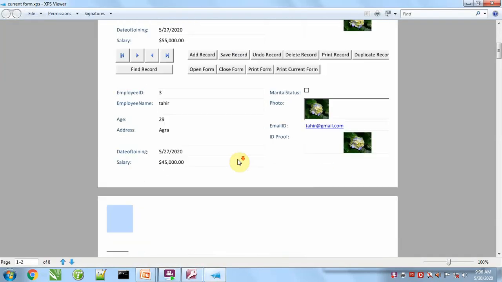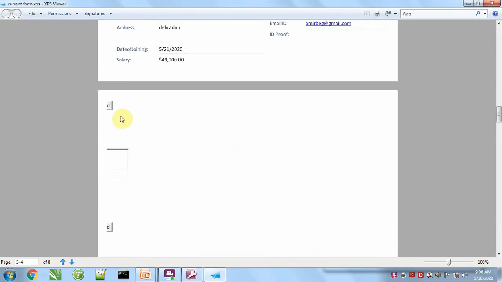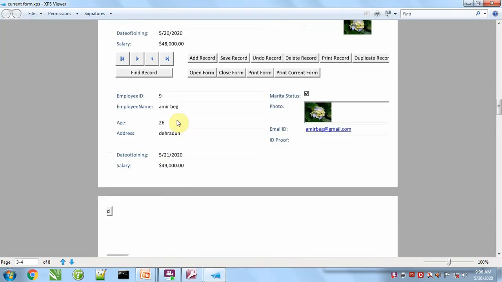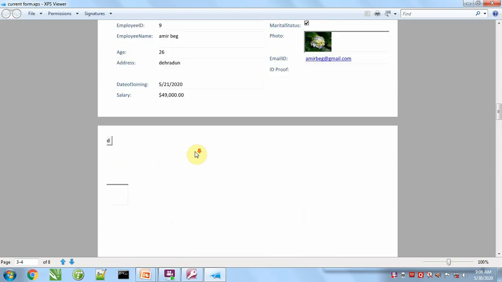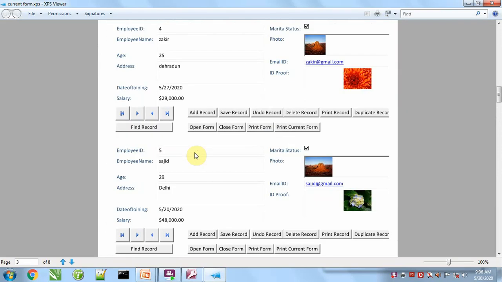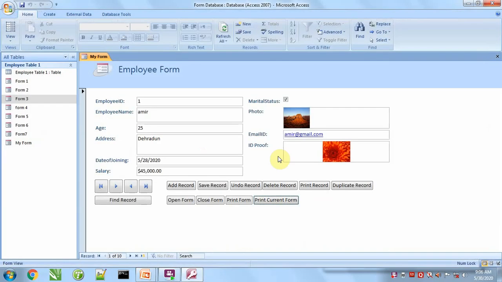The current form is printed. This data is disordered because this report is generated in portrait, not in landscape. So like this, with the help of a button we can print a form.